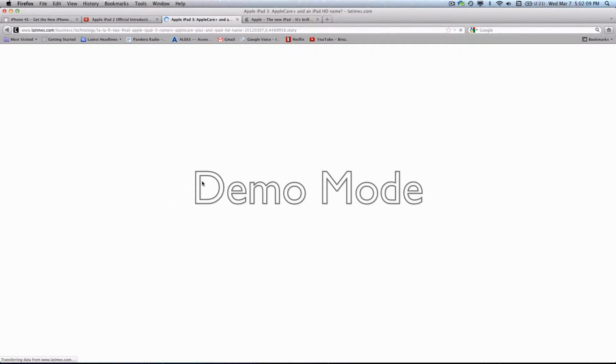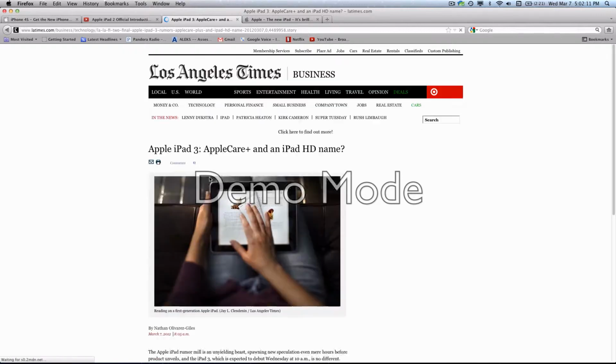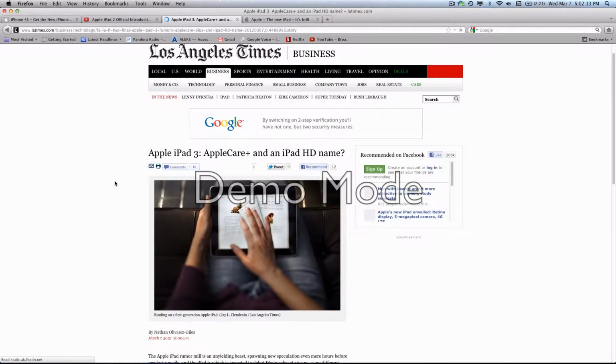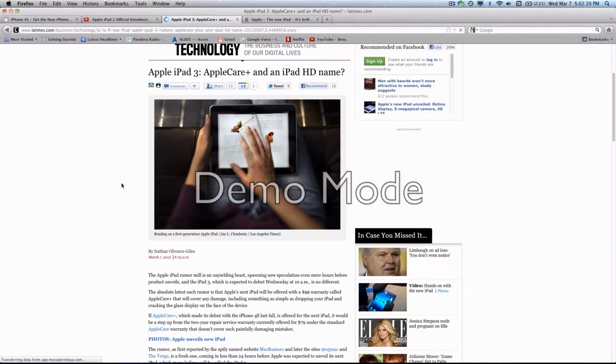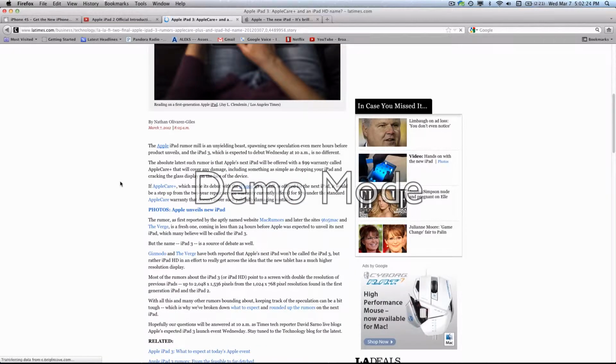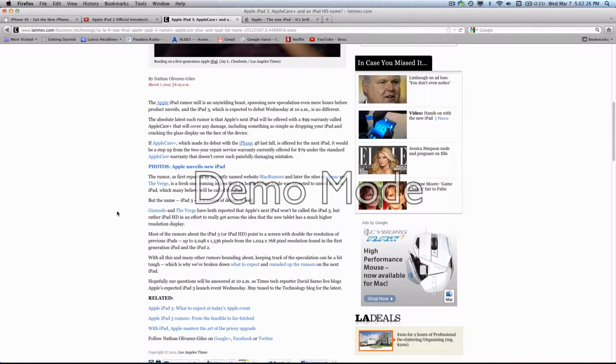Sorry, the internet's a bit slow. This is a first generation iPad just like the one I have. He's reading on there, but, you know, that ain't Retina. So, blah, blah, blah, iPad 3, iPad HD, really good display, amazing resolution,